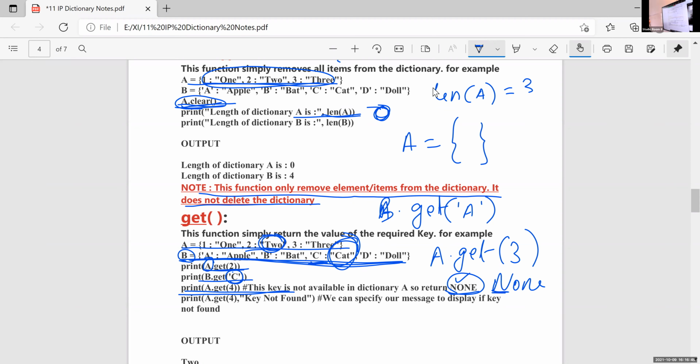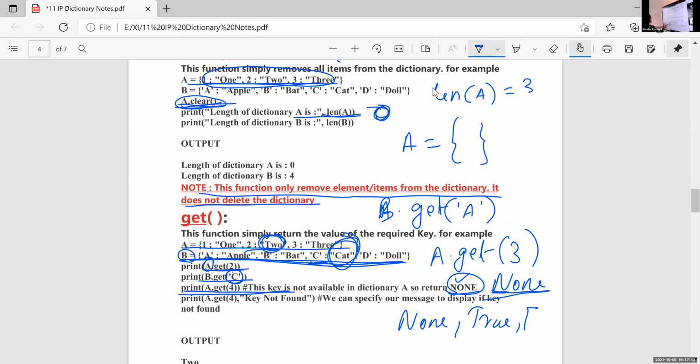Okay. Three keywords that use capital letters, which are there? It is none, true, and false. Okay, so none returned, it is in the form of capital letter N, all the other letters are small letters. So it is none, N-O-N-E.